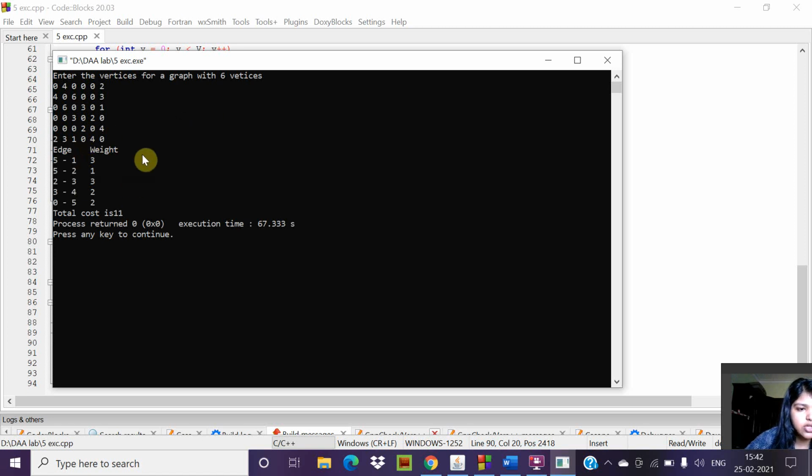So this will be the edge and this will be the weight, and the total cost will be 11.